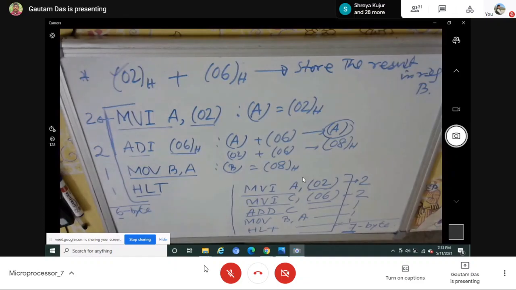It is one advantage. The other major advantage is, later on, whenever I tell you to calculate how much time the processor requires to execute a particular instruction, you will find that if you write a program with more bytes, the processor requires more time for execution. If the number of bytes in a program is more, it requires more time for execution. But if the number of bytes in a program is less, the processor will take lower time for execution.